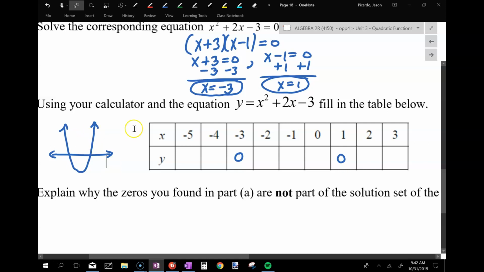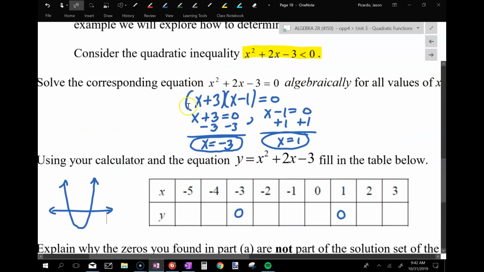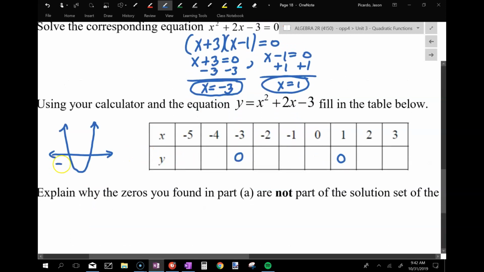Now, one more piece of information that I want to ask you guys. What do these represent? We talked about this a couple of days ago. When I solve this, I get solutions, right? I get roots, I get x-intercepts, I get zeros. So I know where the roots of this parabola are. They're at -3, and they're at 1. Yes? Okay. So I know this says to use your calculator, but I'm going to show you guys something kind